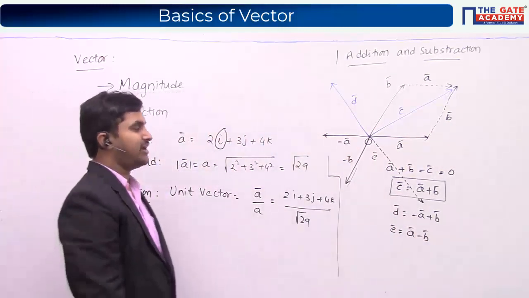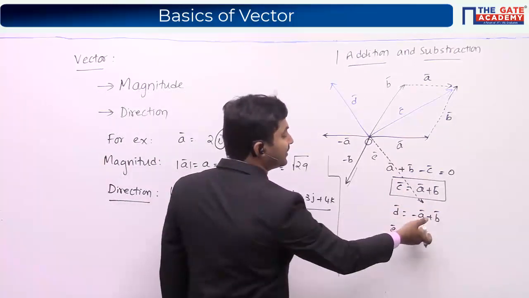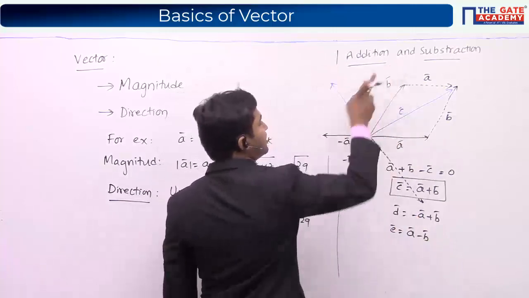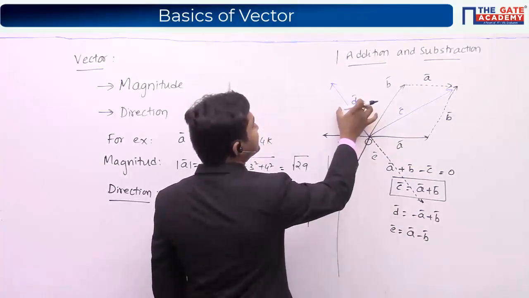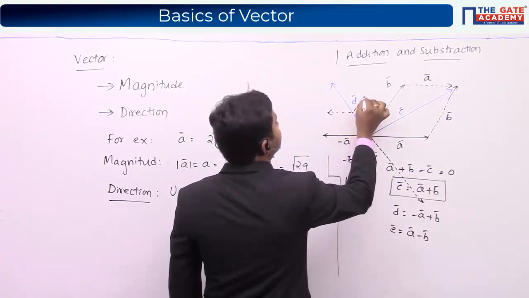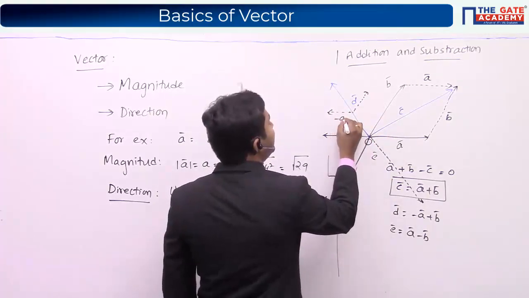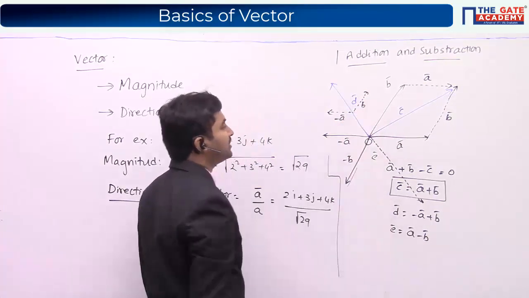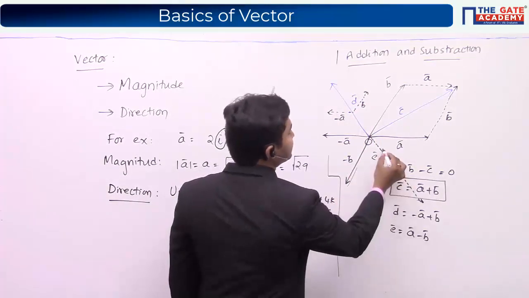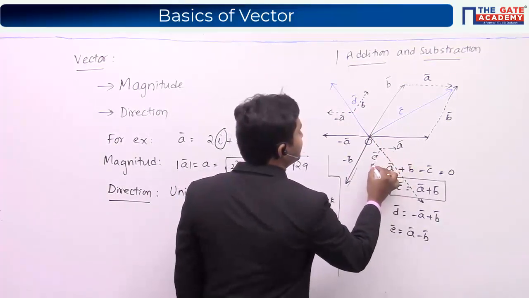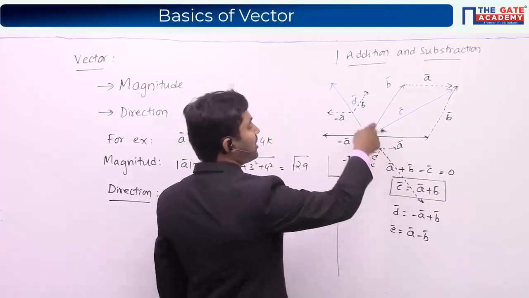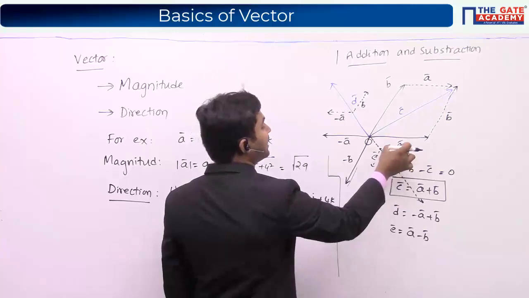So in a way, I'm not only doing the vector addition, I'm also doing the vector subtraction. If I know these two vectors A bar and B bar, I'm representing D bar as something which is going from the middle of minus A bar and B bar. E bar is going exactly from the middle of A bar and minus B bar. E bar is constructed by these two vectors A bar and minus B bar.